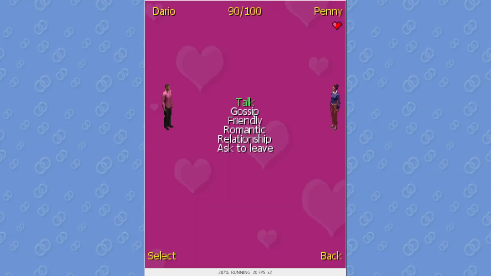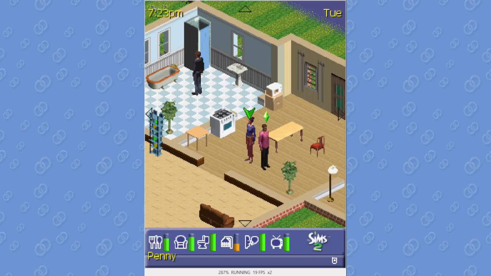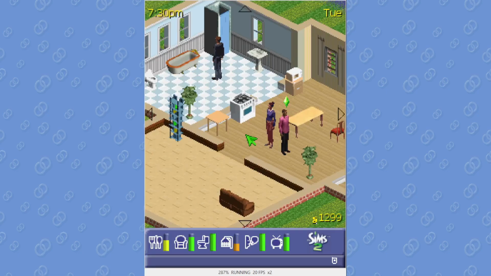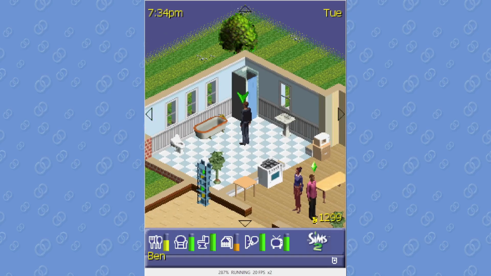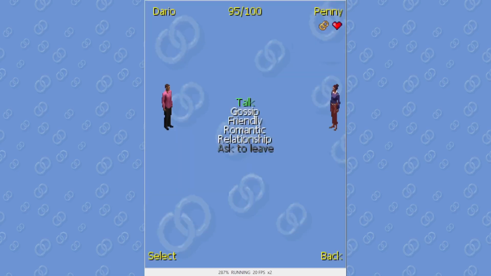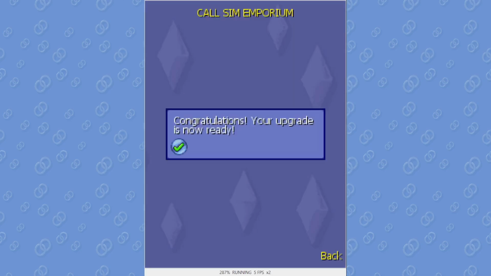Due to my brain working out, I accidentally chose the proposal option when Dario was talking to Penny. I'm so sorry, Ben. I didn't mean to ruin your relationship, but damn, 700 simoleons? Oh, yup, it wasn't a mistake, like, at all. Right, Dario? Surprisingly enough, Ben wasn't against the idea of polyamory, and so Penny too. Phew, thank Christ. Instead of bickering against each other, they decided to use the money to buy the recreation